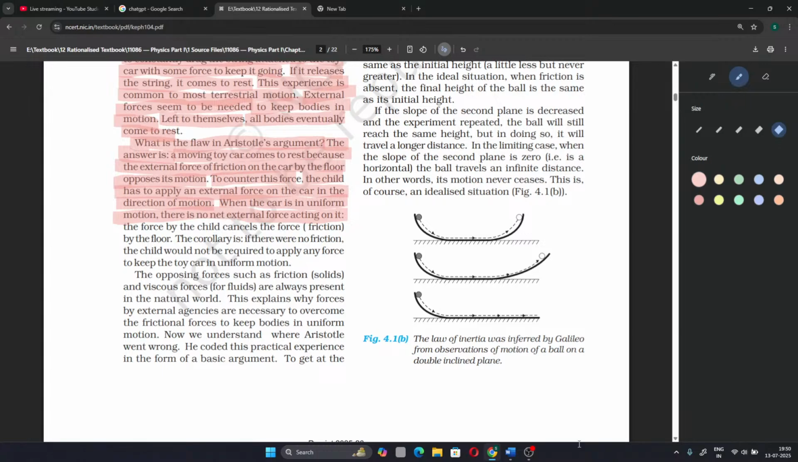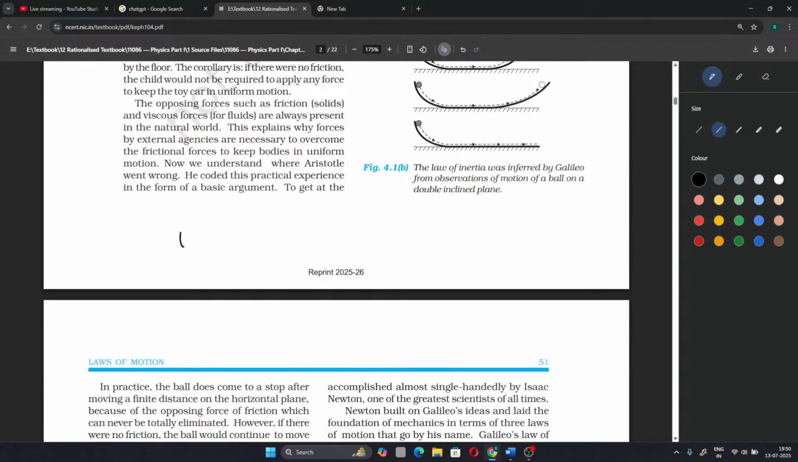Basically, when the car is in uniform motion, there is no net external force acting on it. That is the only reason it can be in uniform motion. It can only be at rest, or it can only be in uniform motion, when the net force acting on the car, or the toy, is zero. Basically, if there is a car